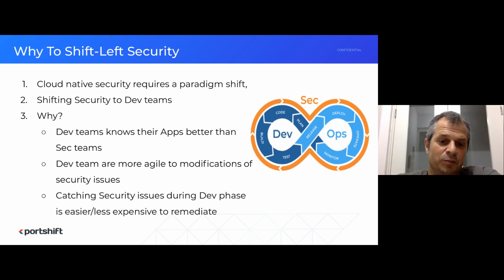Developer teams, as I said, are more agile, working in agile processes. They can modify, they can fix issues, they can find issues while they are developing the code, and that's the best time to find and solve them because it's much more efficient and less expensive.